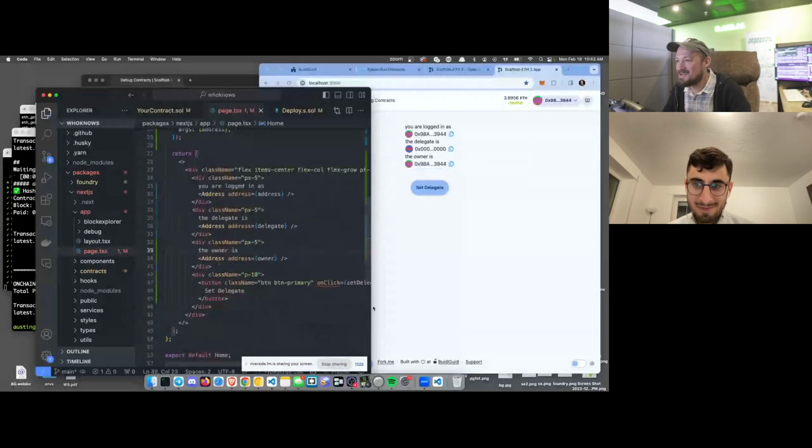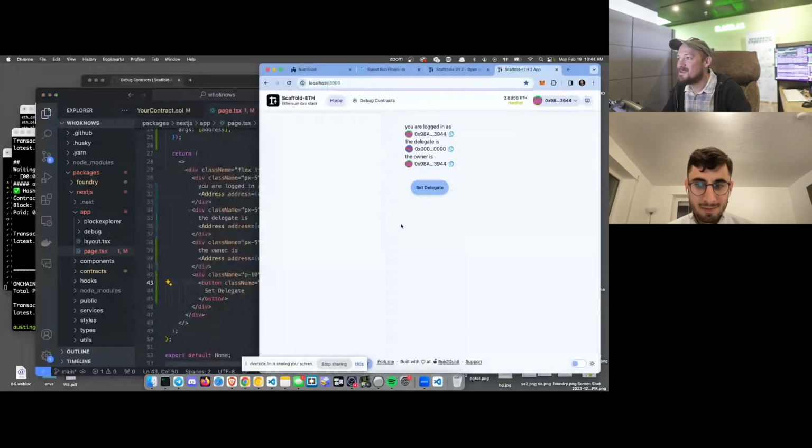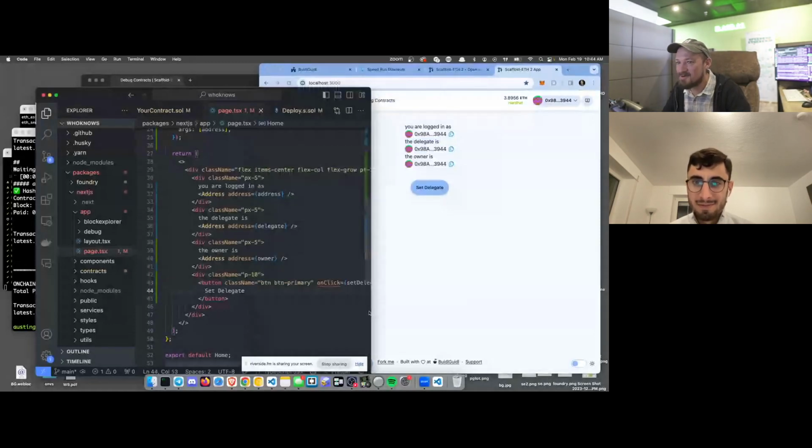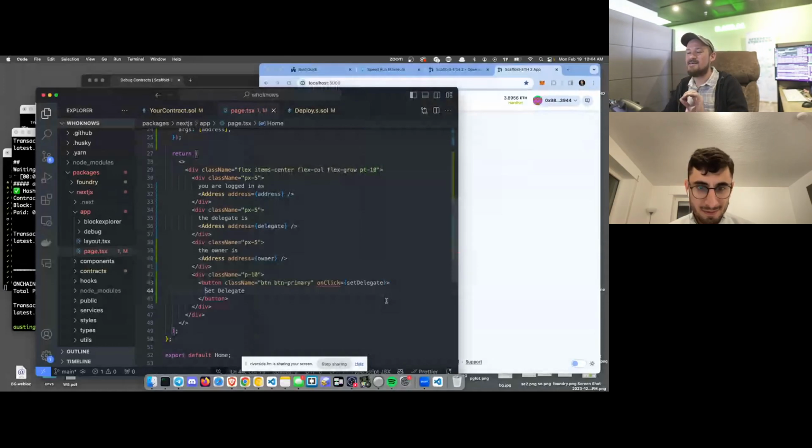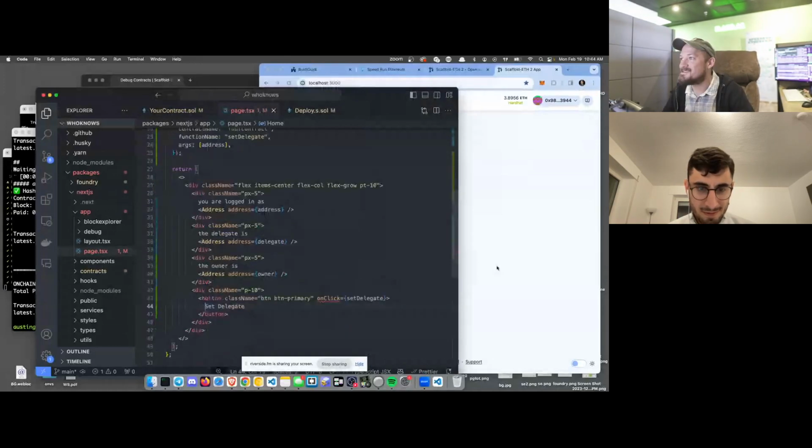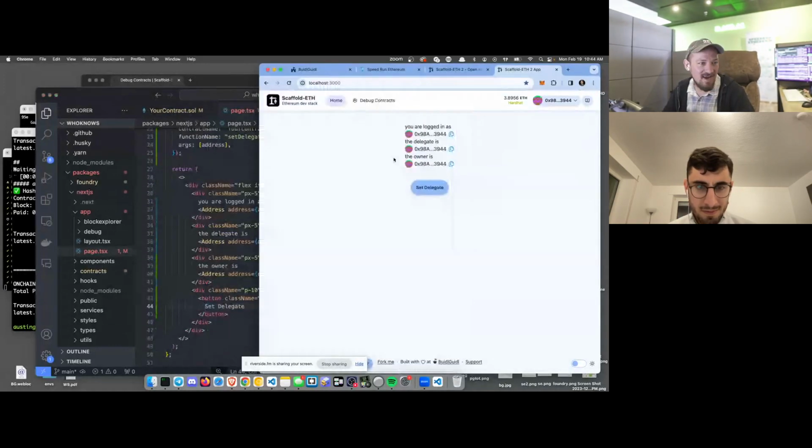Yeah. Okay. And the onClick, it's saying it doesn't like it. What happens if I click it? It actually works, right? It sets the delegate to the thing. So I don't know what it's complaining about here, but we'll do that in a second. But we don't really want it to set the delegate to whatever the address is. What I'm trying to build with this UI, and I probably should have been clear about that from the start,